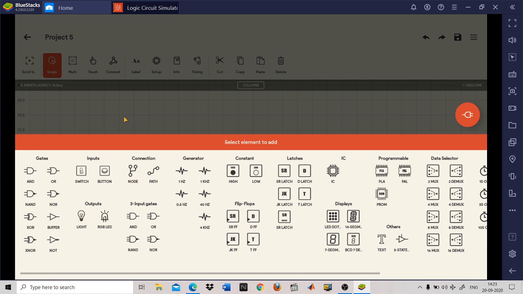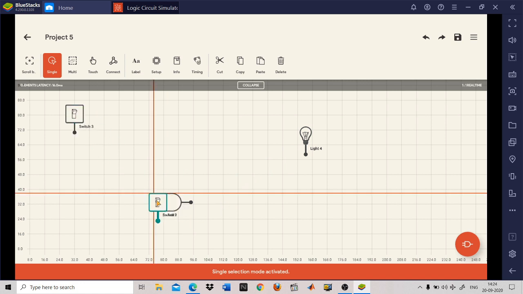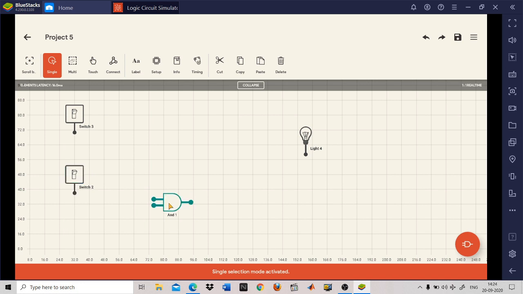Fine. Now click here. So you will come to your new window. Now you see when you click on the component, a green color is coming on its surface. So green color means what? That you can drag this component anywhere in this window. So when you click, the green color came. Now you can drag it anywhere. Similarly, if you click again, a green color will come. Similarly, if you click here, green color will come. Now click here, a green color. Fine. So now we have placed all our components in their respective positions.